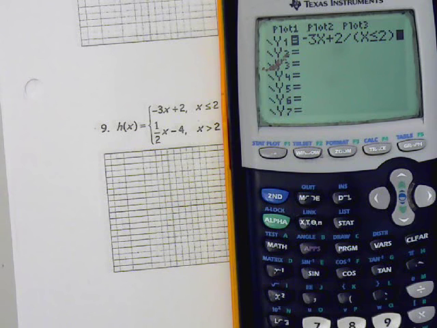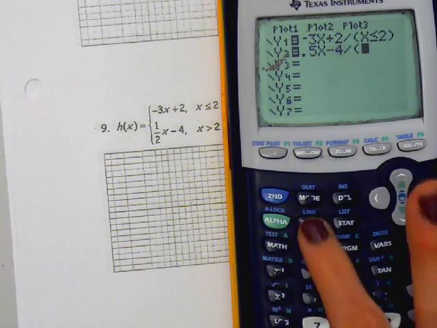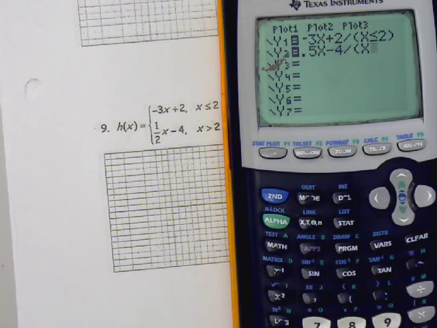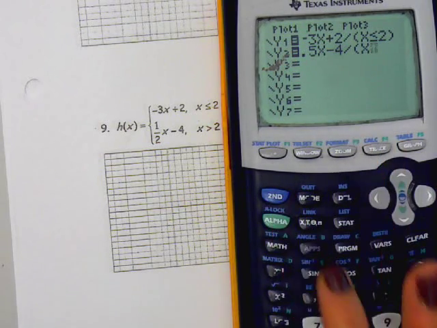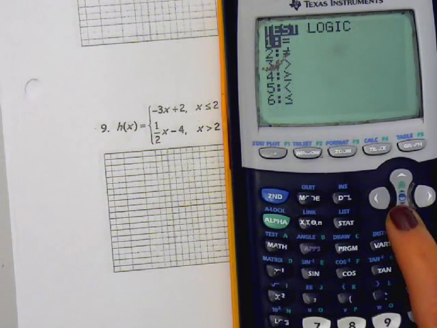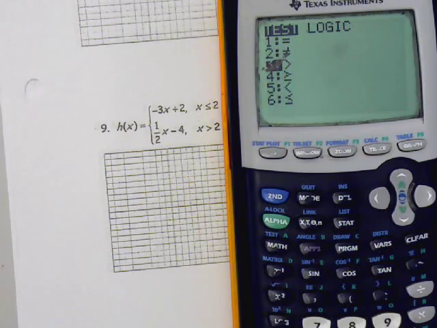Okay, then we're going to type in the next one. Since this is 1/2, I'm just going to write 0.5x minus 4. Again, I'm going to press divide. I'm going to do parentheses, x, and then I'm going to do second math. I'm going to go down to option 3, press enter, and don't forget to put in your 2, and then close your parentheses. So what I've just done is everything that was on my paper. Now I can press graph,